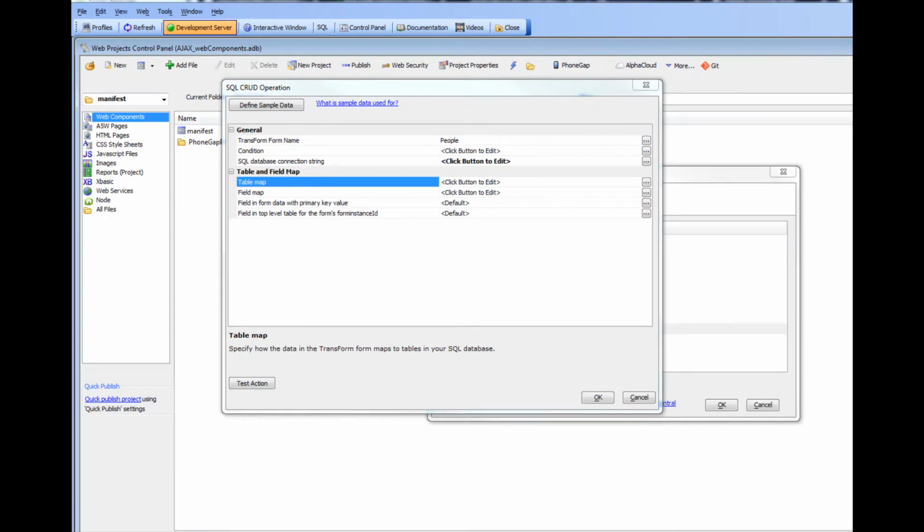So we're continuing now, showing how we can use the wizard in Alpha Anywhere to set up the onSubmit action to insert data into a SQL database. And the next thing that we have to do is define the table map. So recall that this form has top level fields, and then it has a data group for children, and then another data group for pets. So we'll need a total of three tables, and we'll need to map the fields in the form to tables